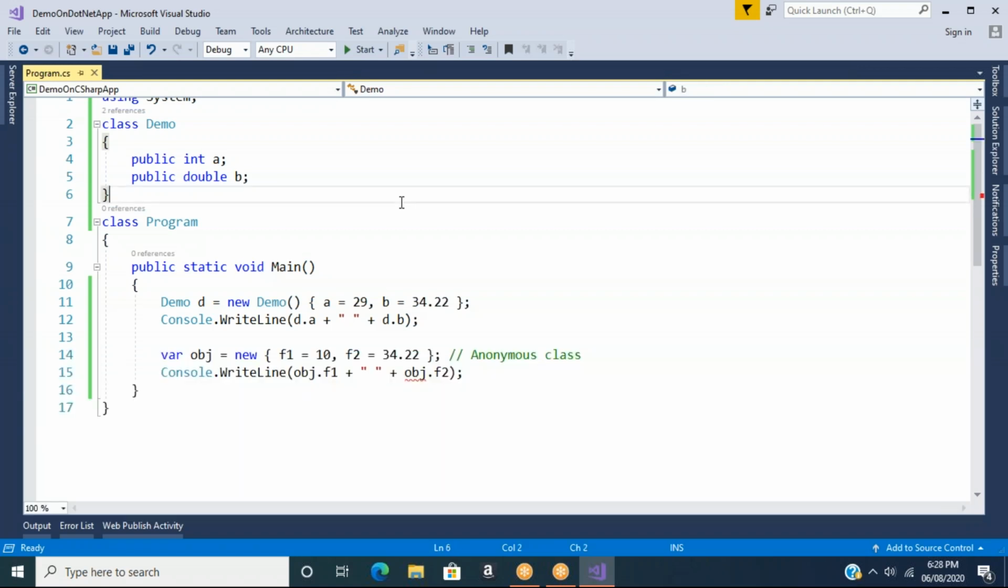Obj is a nameless class object containing two fields. D is a named class object. That's it. Simple. A small topic in C sharp. You call it anonymous. Anonymous class we studied. Next we are going to cover